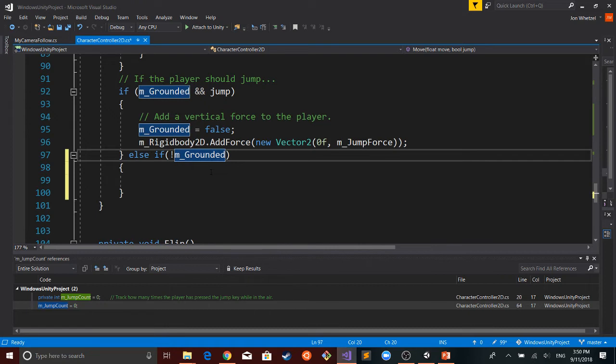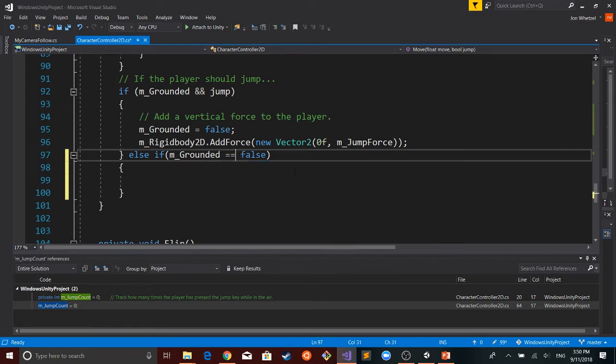Now I want to say, if we're in the air, so m_Grounded here would be false, but if I put this exclamation point, that means to really take the inverse value of that. So if that is set to false, it's really to make that true. It's the same as if I were to do something like this: if I said m_Grounded equal to false.